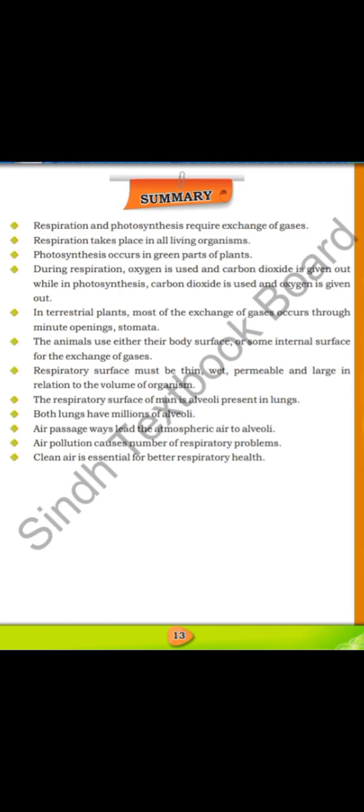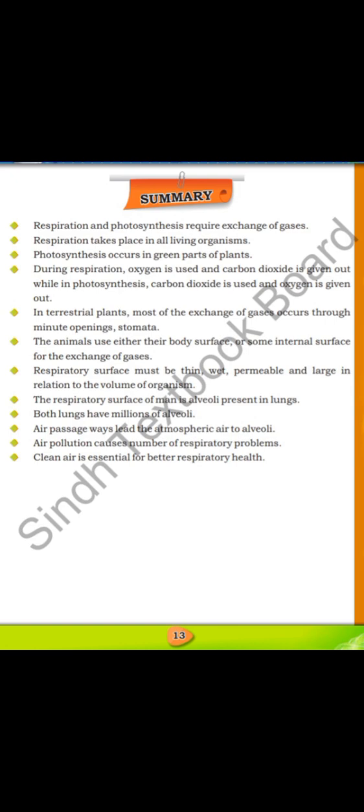Our next point is both lungs have millions of alveoli. Obviously, both of our lungs contain millions of alveoli. Now come to the next point, that is air passageways lead the atmospheric air to alveoli. Means this point belongs to the air passageway, means trachea,